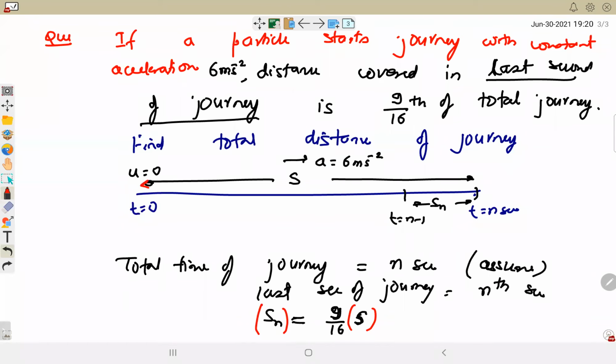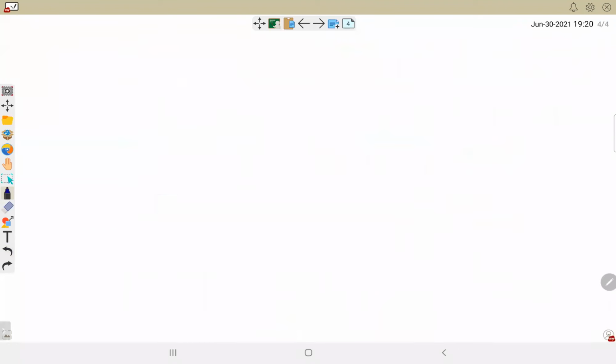Beta, any doubt about this equation so far? So basically when you have to solve the question, it's better to first draw the whole situation in a rough figure so that you can visualize which equation we have to use. The question says that the particle starts from rest, so initial speed is 0. That's why initial velocity is 0.